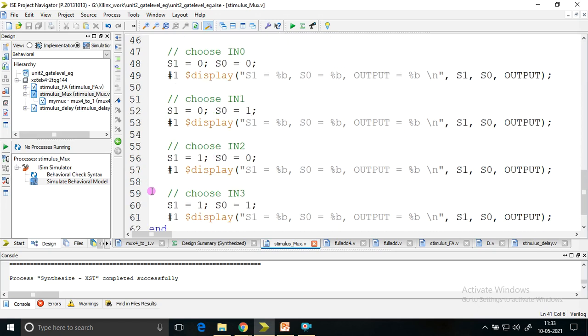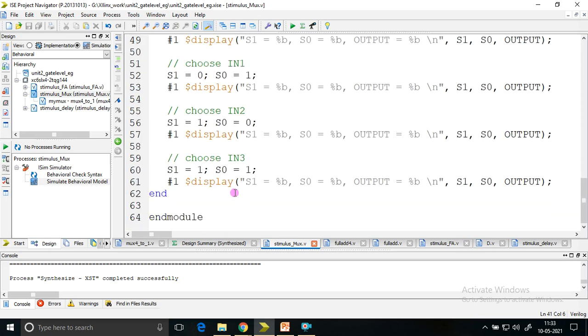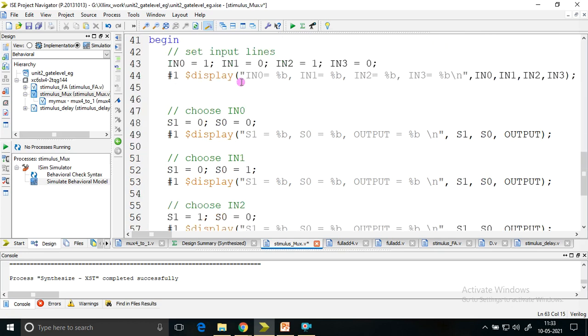Same thing I'll display with output. 1 0 display with output. 1 1 display with output. End it. Okay. So I can write one more command, hash dollar symbol finish, to finish the simulation.